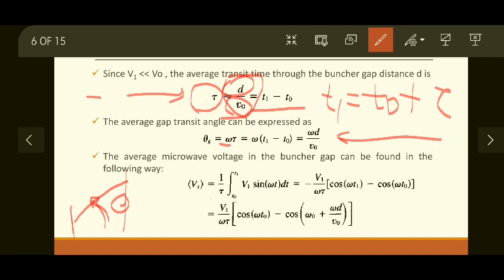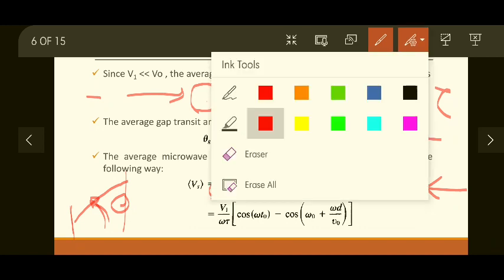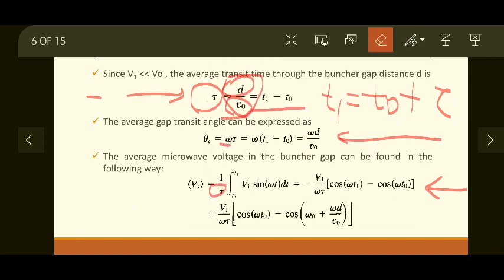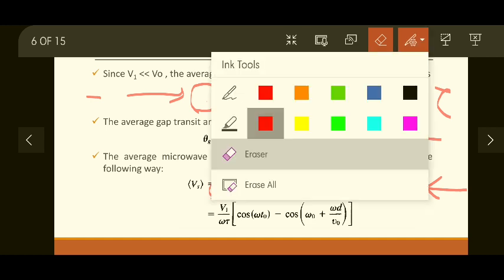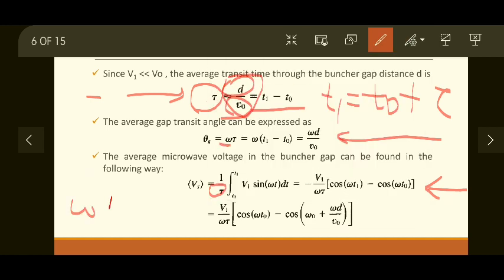So the integration of sine is minus cos. You can see here minus v1 is a constant, so v1 is taken out. Cos of omega tau is taken downwards, tau is already present, omega is taken outside, and cos of omega t will now be integrated. So I will write cos of omega t